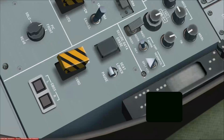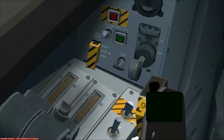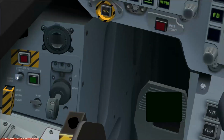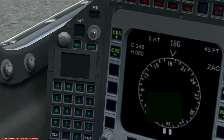Seat height. Pause. What's this? Pick front. No. Pick rear. I don't know. Landing lights. We can turn those on. Cell jet. Off. I don't know why. Hook. Press hook. FCS. I don't know what that is. Ooh, buttons. Oh, I can't press those ones. I find the ones buttons on this entire...